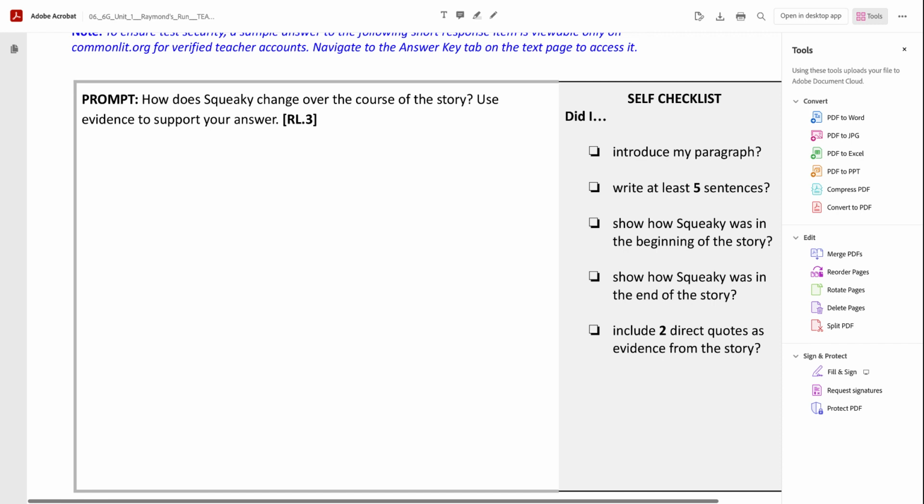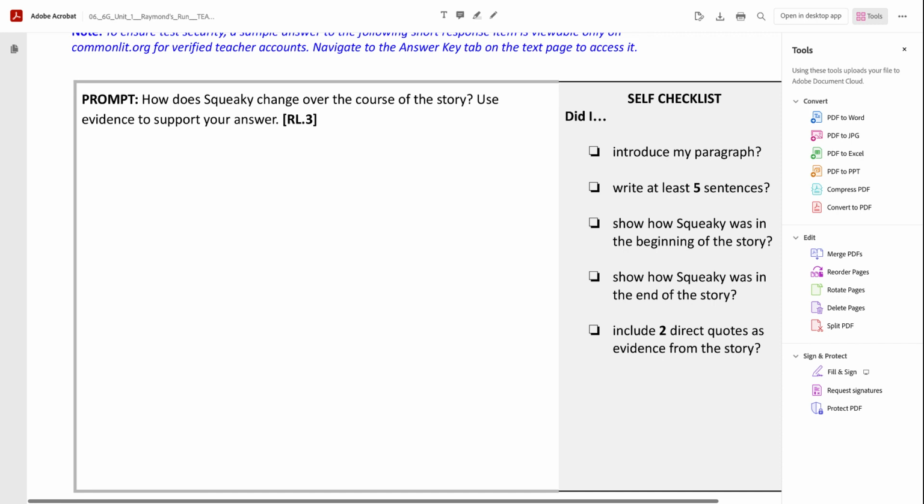A rival is someone who you're very competitive with. And she and Gretchen are very competitive most of the story. But by the end of the story, she has respect for her. So I'm going to show this is how she feels at the end by highlighting it in orange. This is how she changes her opinion of Gretchen. So just like the question asked, or the little box asked, show how she is at the beginning and at the end. And this is where I'm going to introduce the quote.